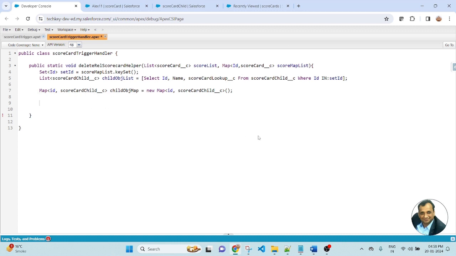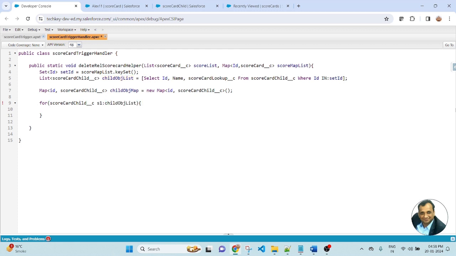Then I will apply a for loop. For, copy the child object from here, scorecard child, S1 colon, pass the child object list. Here I wrote a SOQL query retrieving records based on the parent lookup relationship. So copy and paste here.